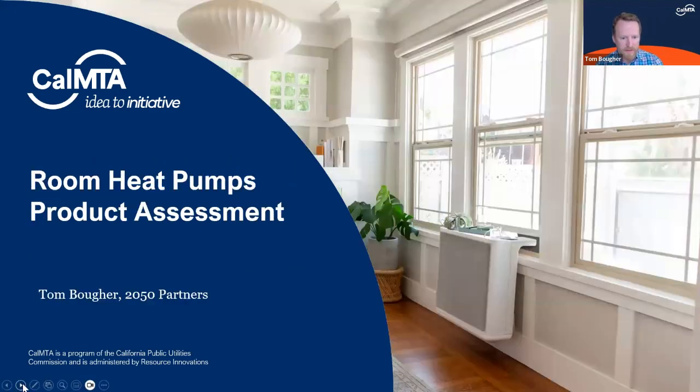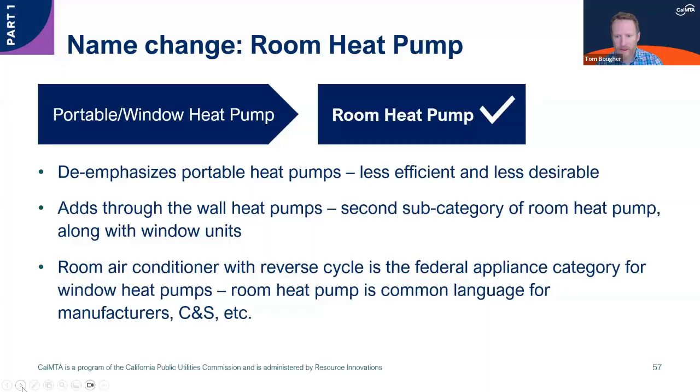First thing I wanted to mention was we've just changed the name of the initiative to reflect our emphasis. We used to call it portable and window heat pumps, and now we're calling it room heat pumps. Portables are still a part of the product MTI, but we want to emphasize that those are the more efficient, better performing products, and that's what we're focusing on first. And also changing from window to room, a little more in line with the